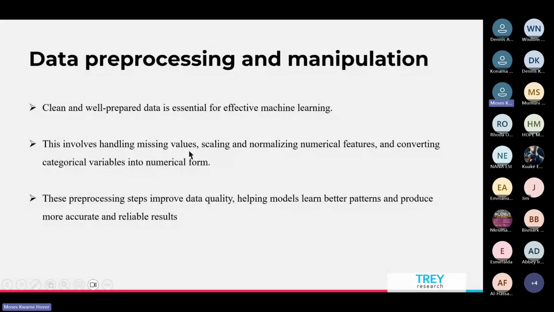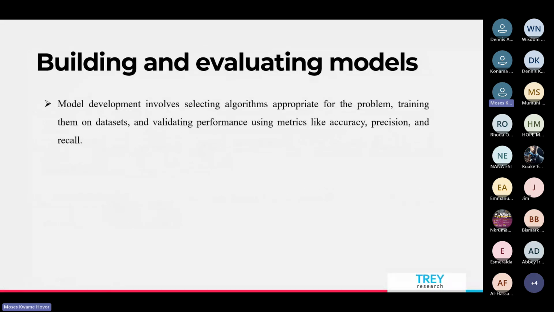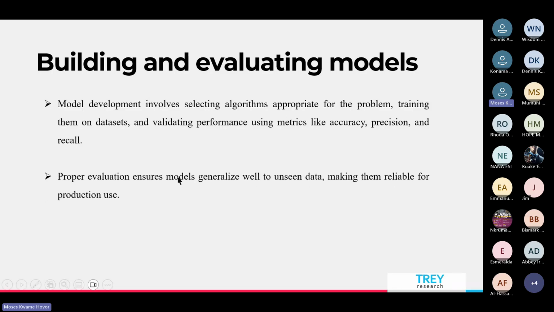Now, if we want to build and evaluate models, this is what we have to do. Model development involves selecting algorithms appropriate for the problem, training them on the data set, and validating performance using metrics like accuracy, precision, and recall. This simply means that we have already learned about the types of machine learning, which are supervised and unsupervised learning. So if you have a problem based on maybe customer segmentation, you don't have to go and build a supervised machine learning model.